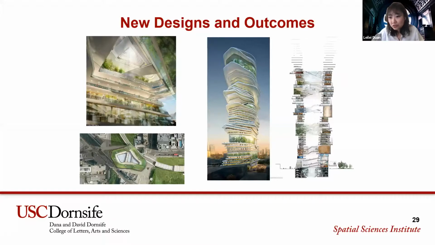If you look at the rendering of this proposal, we can see that this building contains all kinds of functions you will ever need, right? For example, retail and green spaces. You can actually have your indoor forest, indoor green space right there inside of the building. So again, if you have all these great ideas about how you can change the world, how you can change how we live to be more sustainable, you need to be equipped with the proper skills to be able to visualize and realize these ideas. And GIS, and especially 3D GIS, is actually here to help you make your life easier. All right, I'll hand it